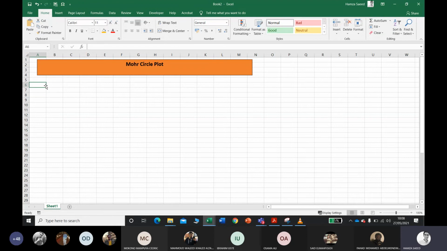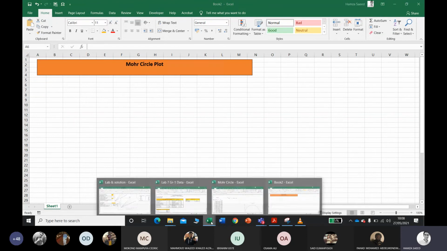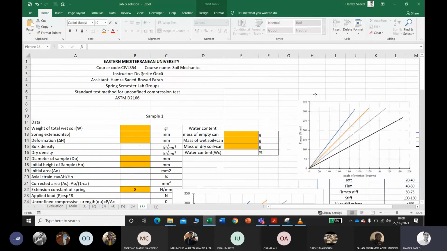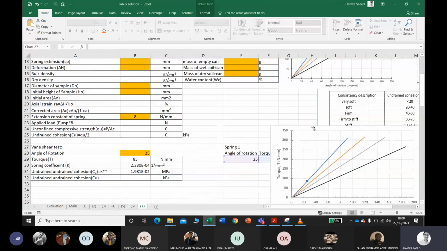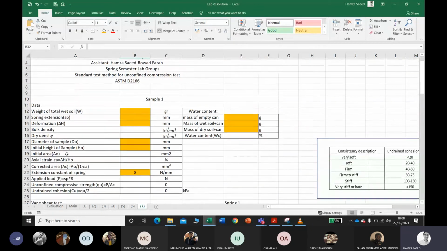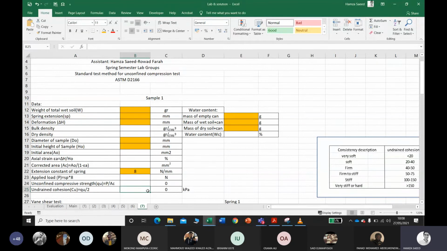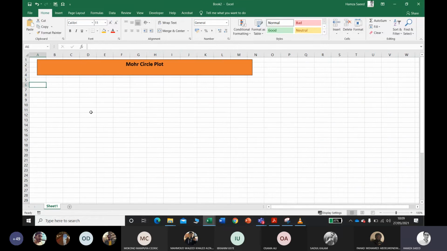Okay, guys. So for example, as you know that, let me open the data sheet as well. So for example, after doing all the calculations for the unconfined compression test, at the end you obtain the undrained cohesion value. Let's say the undrained cohesion value obtained was 88.96. Let's say 88, or to be more precise, 90 kilopascal for better understanding. So after doing all the calculations, you obtain 90 kilopascal as the undrained cohesion. So what you are going to do, simple. Cu value is 90 kilopascal, as I told you.